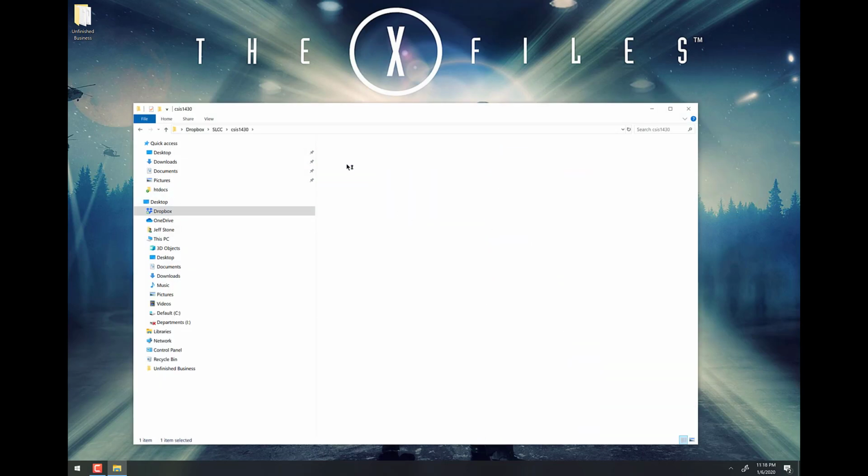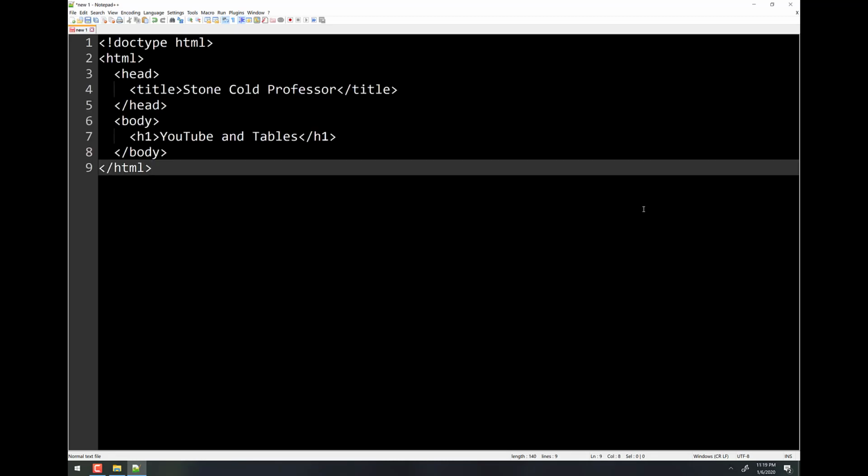You go into your htdocs, and then you'll create a new folder. And your first one that you're going to be doing is called, I believe, tables. So we're going to create a folder called tables. And then inside of tables, we're going to write some HTML, right? So if I open up my text editor here, once my text editor is open, I just write my code, which there's my code that I've written.